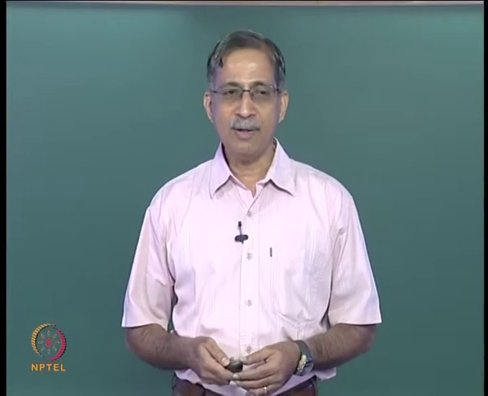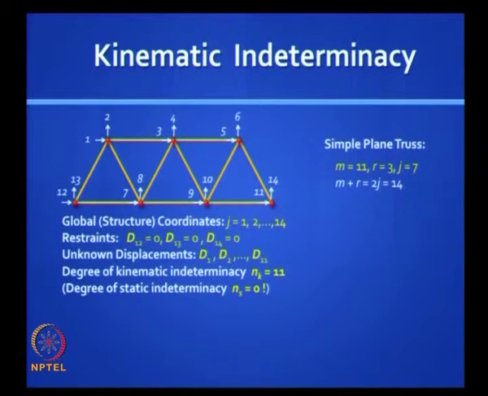Again, just to recall, kinematic indeterminacy refers to the degrees of freedom. You need to look only at the joints. In this truss, for example, you have 7 joints. It is a planar truss. Each joint has 2 degrees of freedom, which we can mark using coordinates as shown 1, 2, 3, 4 all